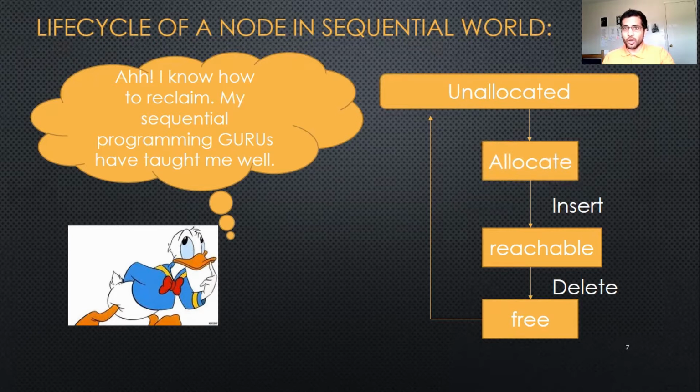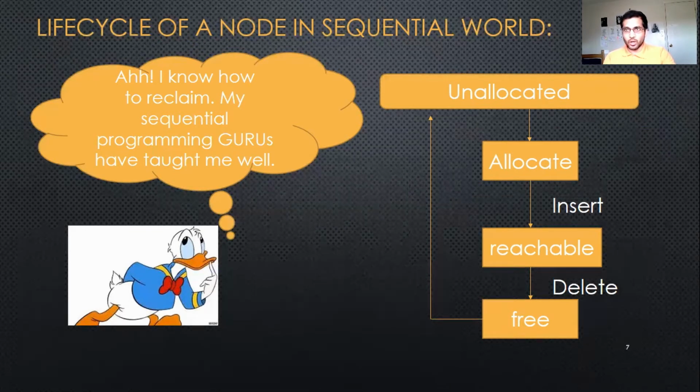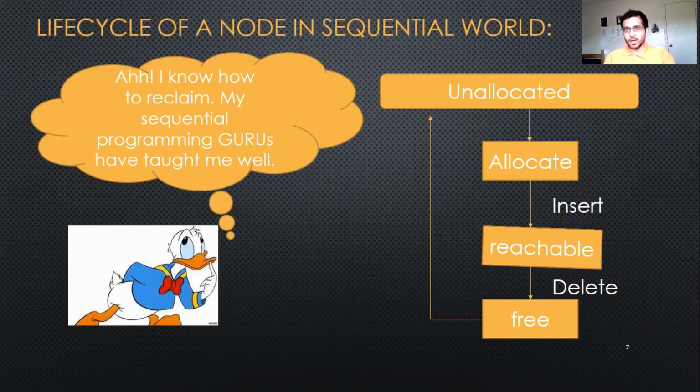allocated state. When the node, after being allocated, is inserted into the data structure, it becomes reachable from the head or the root of the data structure, and finally, when it is deleted or unlinked, the node can be freed. So this is the life cycle of a record in a sequential world, and this is what Mr. Concurrent Programmer thinks in mind when he wants to add reclamation to his data structure. So with this life cycle in his mind,